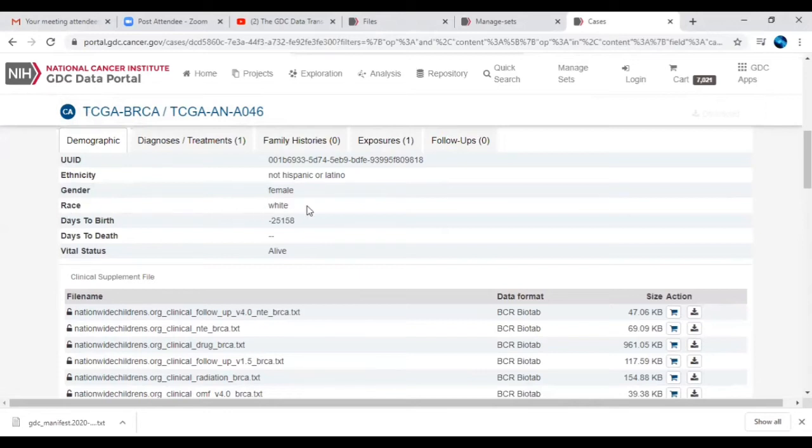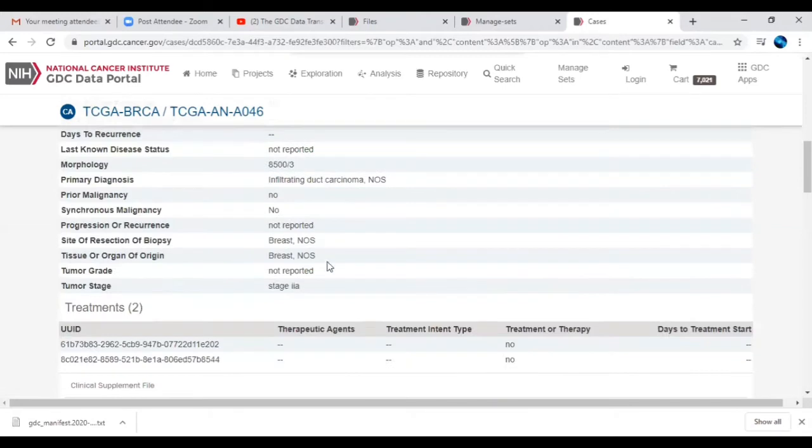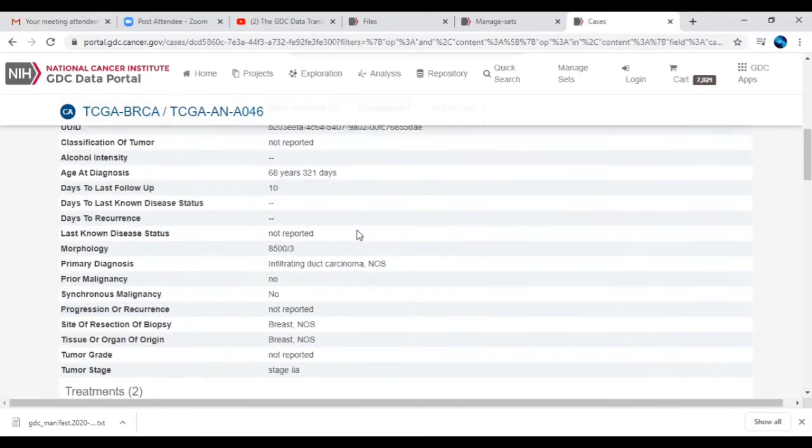They provide race information, day of birth, and the vital status of that patient. And here you can see the diagnosis and treatment, how they have taken follow-up, and the age of that patient. The overall clinical information you can get from here.